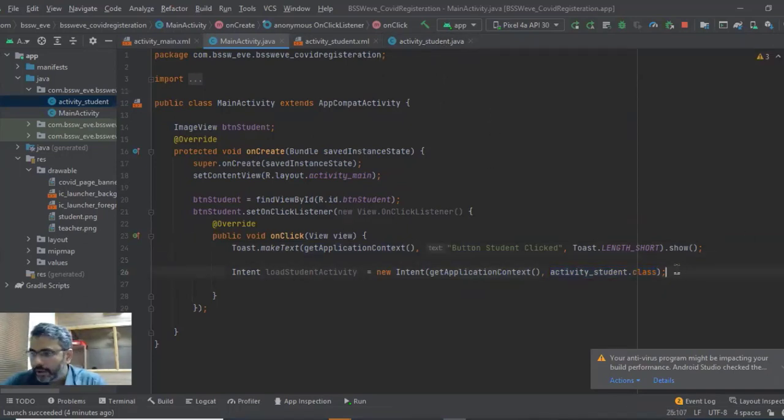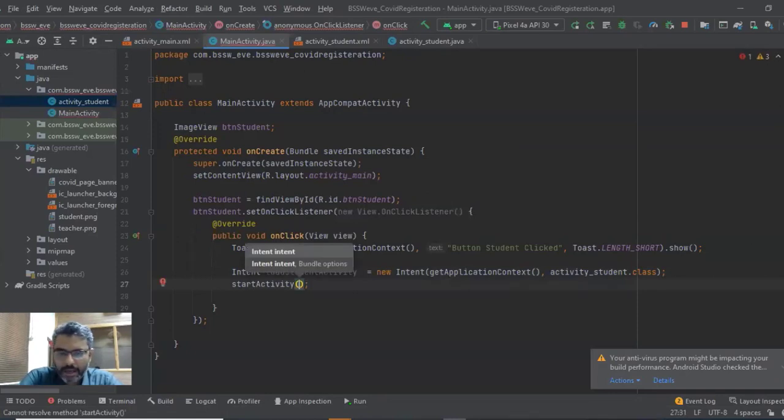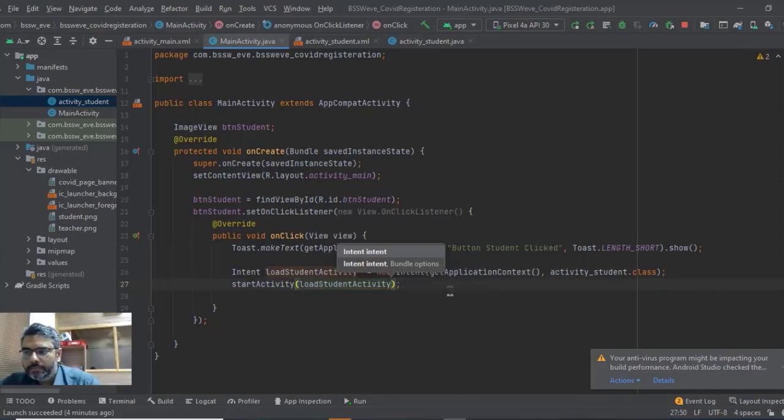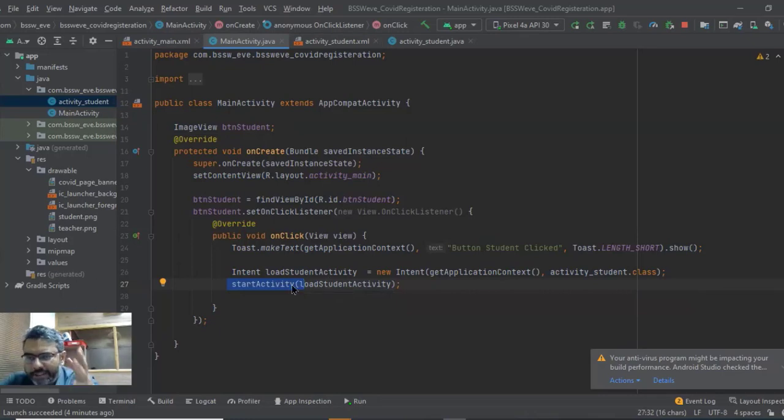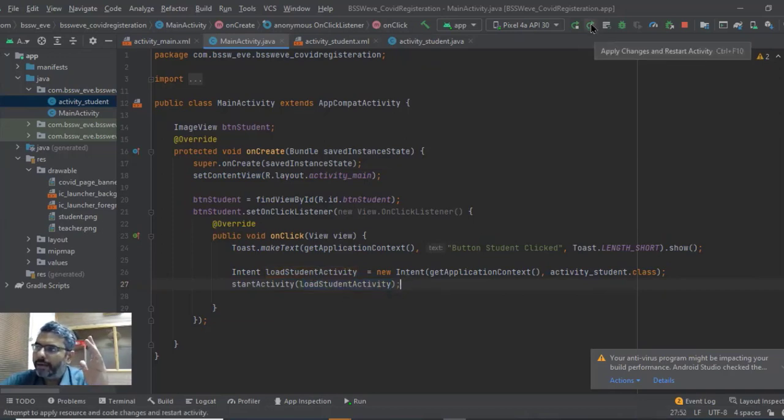Once that file is loaded, now we need to execute it. To execute it, we say start the activity, and name of that activity is load student activity. Now we call the function. अब start कर दो activity भाई, intent का ताल्लुक बन गया हमारी दूसरी activity के साथ। अब उस एक्टिविटी को शुरू करो। शुरू करने के लिए हमने मेथड कॉल किया स्टार्ट एक्टिविटी। वंस दिस मेथड इज एग्जीक्यूटिंग, वी टेल इट भाई कौन सी एक्टिविटी के साथ आपका इंटेंट बना हुआ है। हमने कहा हमारा इंटेंट भाई स्टूडेंट वाली के साथ बना हुआ है। हमने कहा स्टूडेंट वाली को लोड करो।